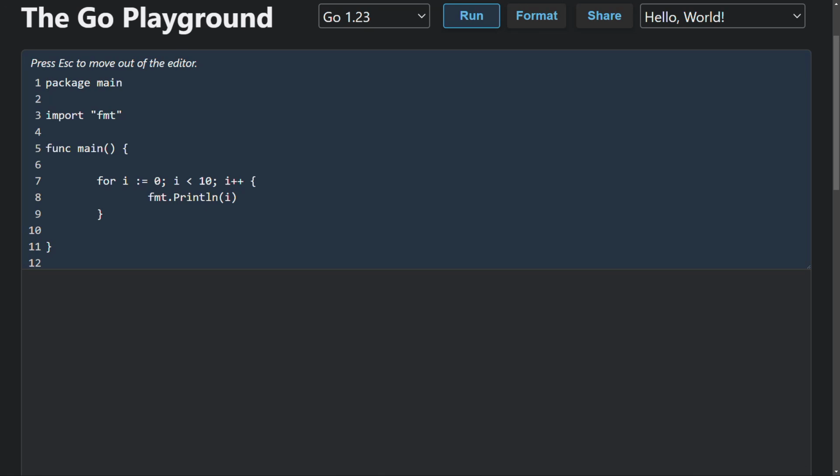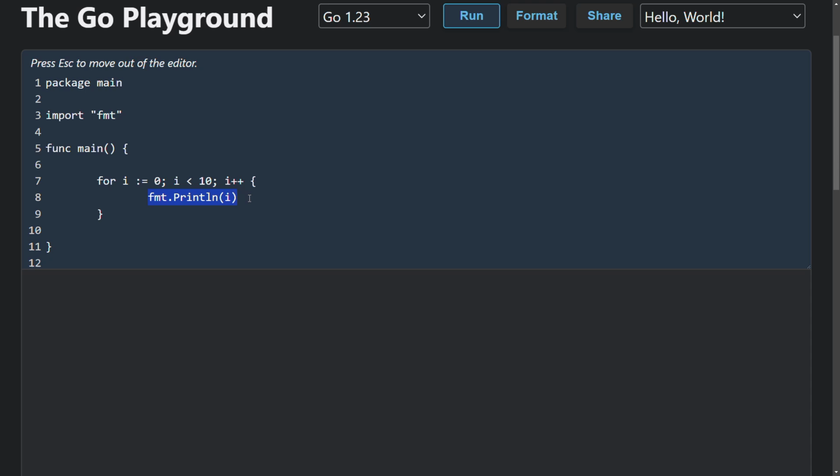Let's take a look at this sample for loop. Here we have init i with 0. Then we have a condition to check whether i is less than 10. If i is less than 10, we go inside the for loop and print the value of i. After that, we increment i by 1. At the beginning, i is equal to 0, so this condition will be true. So we'll